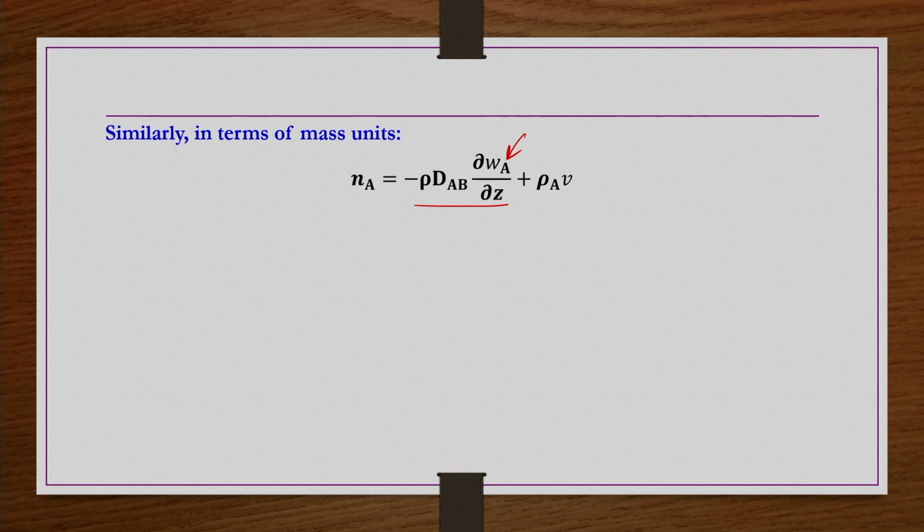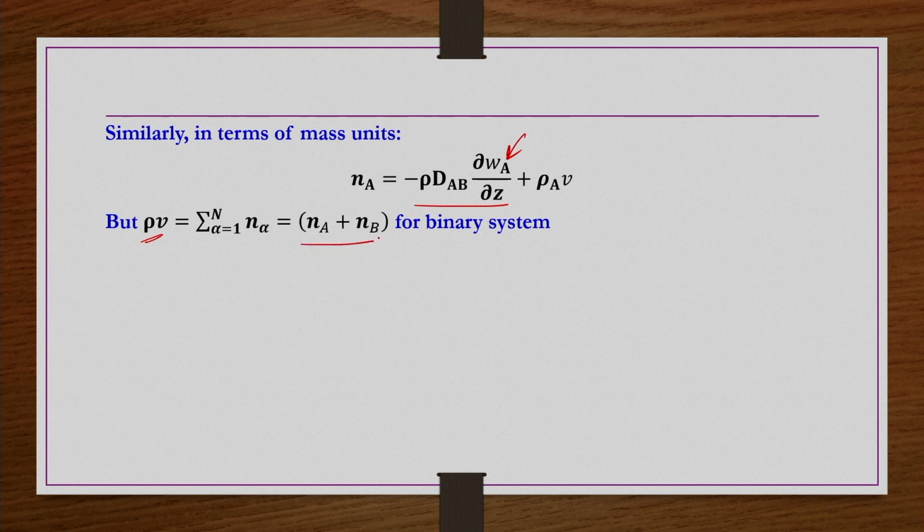Now, here also if you have a binary system and then if you add the flux by diffusion for all components, that should be 0, that means sigma n alpha should be equals to sigma rho alpha V, that is rho V, that we know, and then sigma n alpha is nothing but Na plus Nb for a binary system. So, from here V you get Na plus Nb by rho,